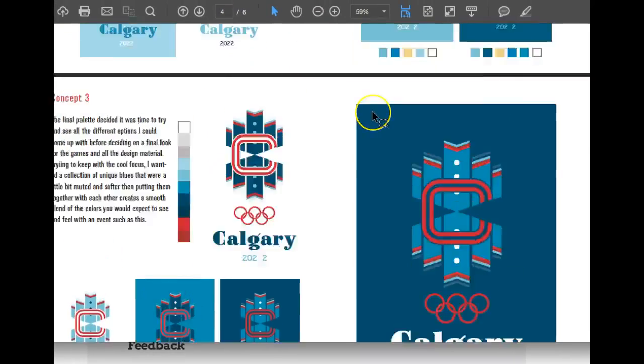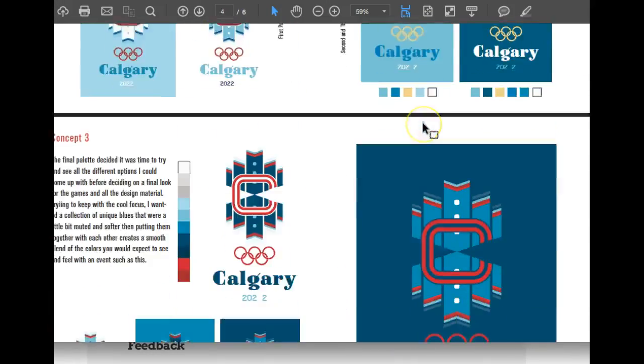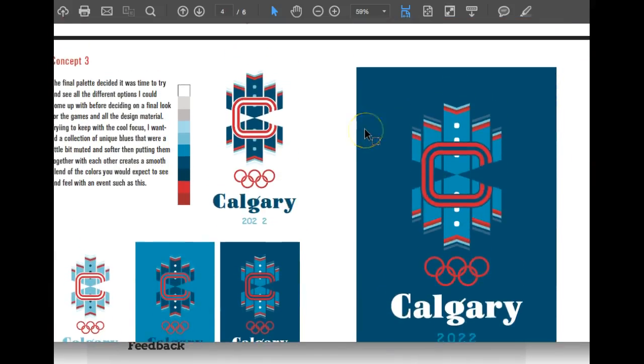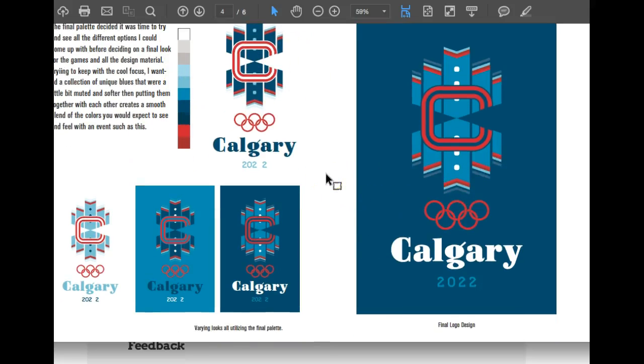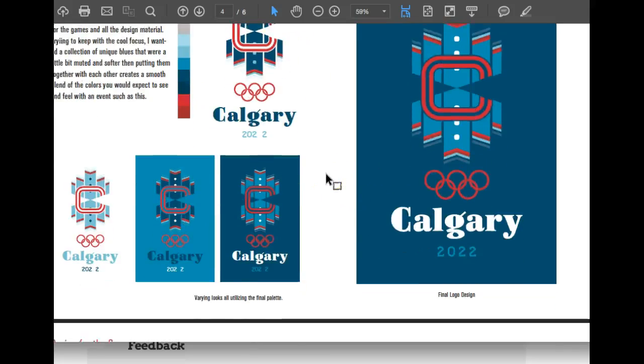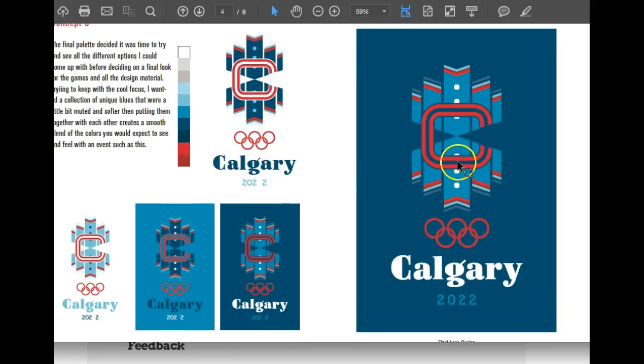I've got your preliminary work up here, but I'm just going to jump straight to the final logo. Now, the one thing I recommend is that you've got several variations of the logo, and you say that you're using the same color palette, but you really want to settle in on one final iteration of the logo. It's okay to have alternate versions of the logo, but this being your final logo,